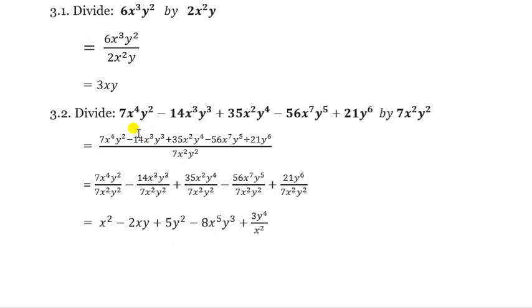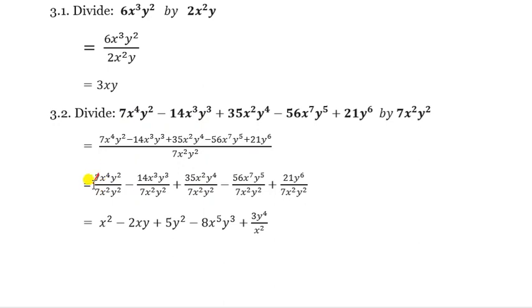Divide this total polynomial by this, so I have to write it in division form. See, I have written this simply. Now individually we will divide. With this term, and with all the terms, we have to divide individually. Okay, and I have divided here. After that we can solve again with the help of exponent and power.